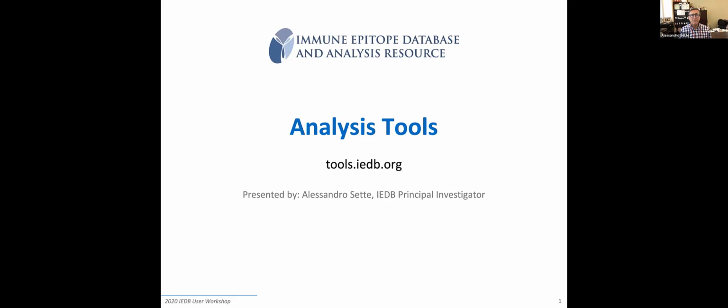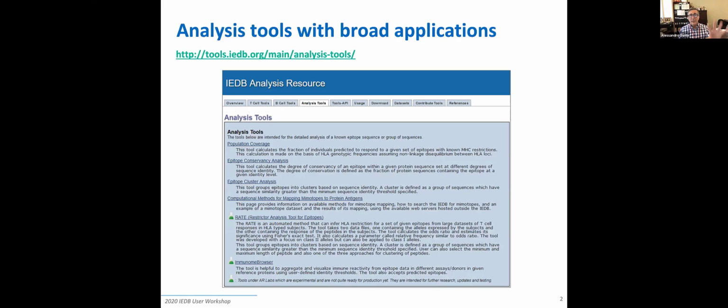So here you see the menu option of the analysis tools, and the green flask means that some of